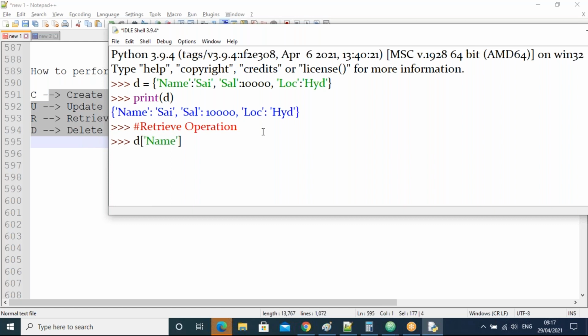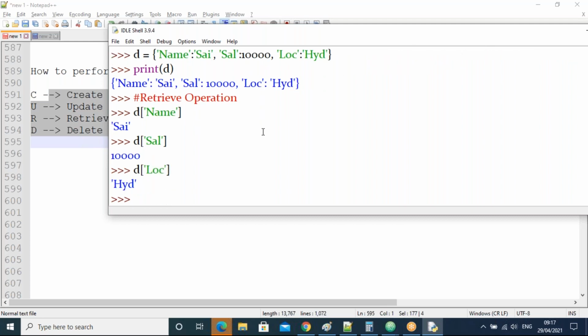D of name. What is the name value? Sai. Next, D of sal, which is 10,000. Next, D of location, which is Hyderabad.